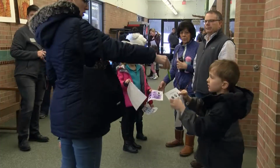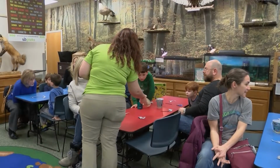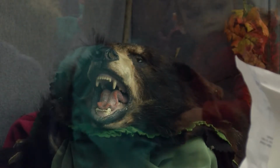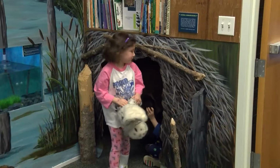We have done a remodel on the whole room, including some murals and new display tanks, and we're really excited that we've had the community out to help us celebrate. The old one was a little bit dated, and we wanted to put the animals actually in the habitats that you would see them in nature. And so it gives the kids, when they come in, a little bit more context of where they would normally see them. Also, the displays are now down at their level, and so they can really interact a lot easier